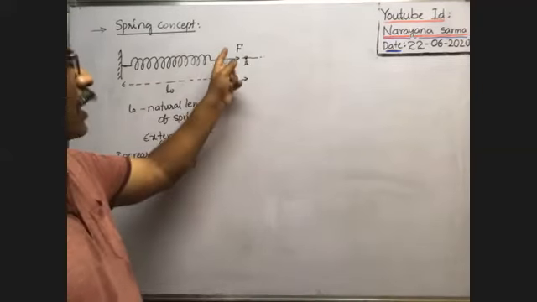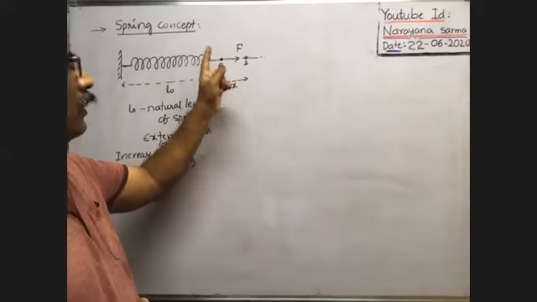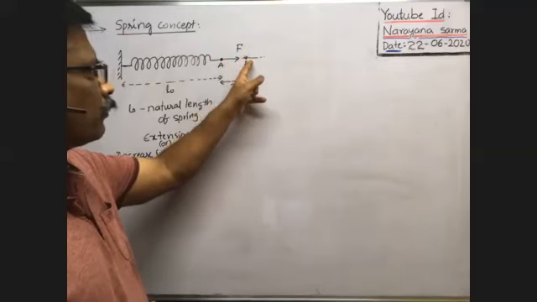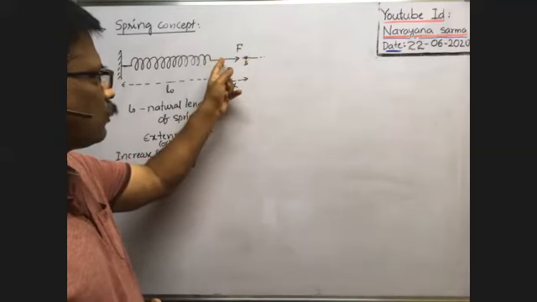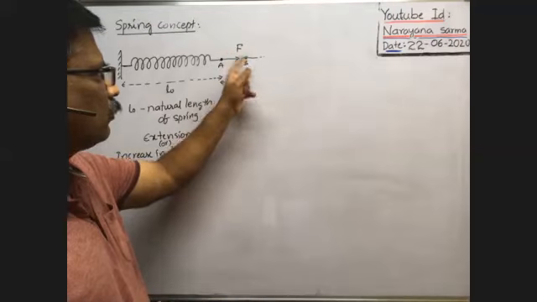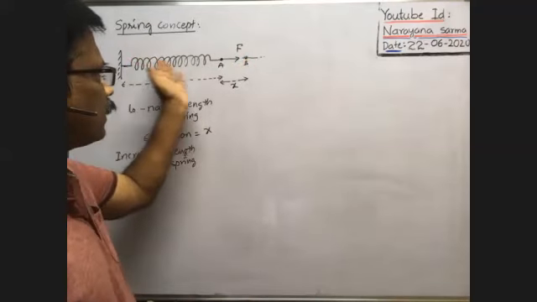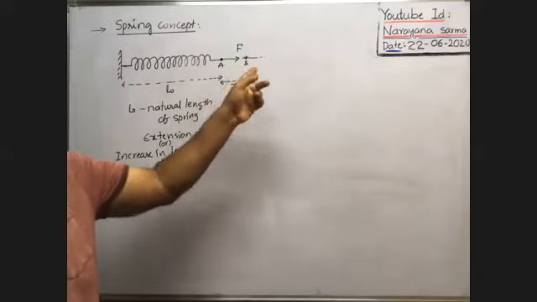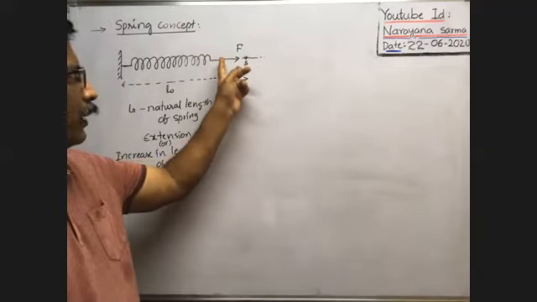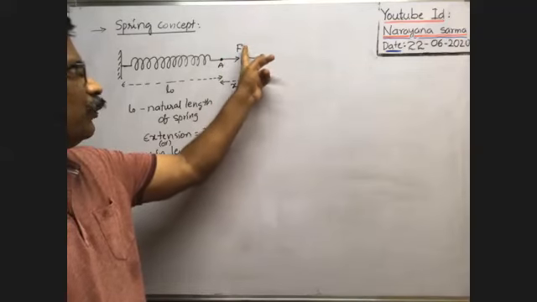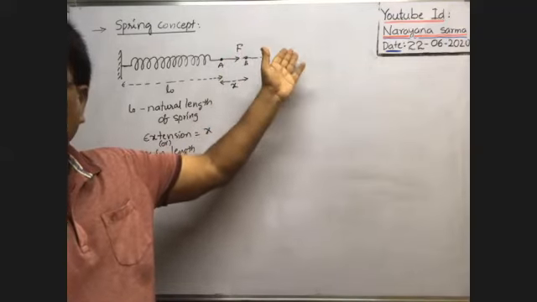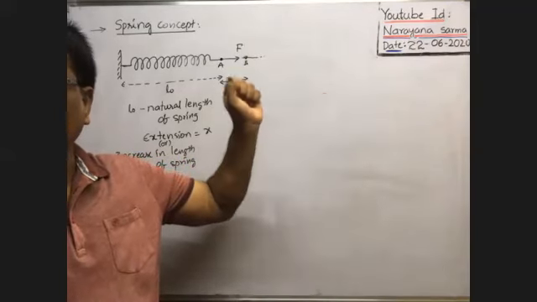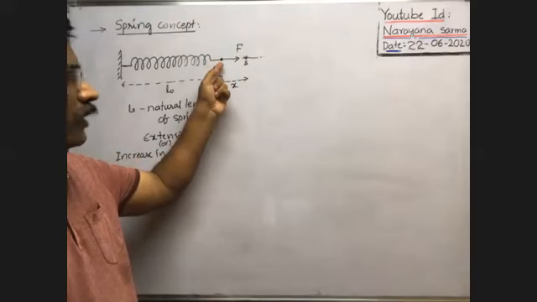Okay, so because of the external force applied on the spring, the free end of the spring is displaced from A to B. Whatever the displacement of this end of the spring from A to B, that amount of length of the spring is extended. That's why the AB distance is equal to the extension of the spring. Now whenever the free end of the spring is at the point B, if you remove the external force, what happens? It comes back to the natural length.